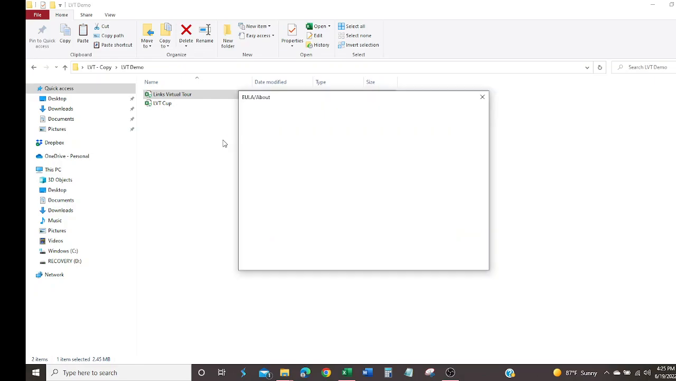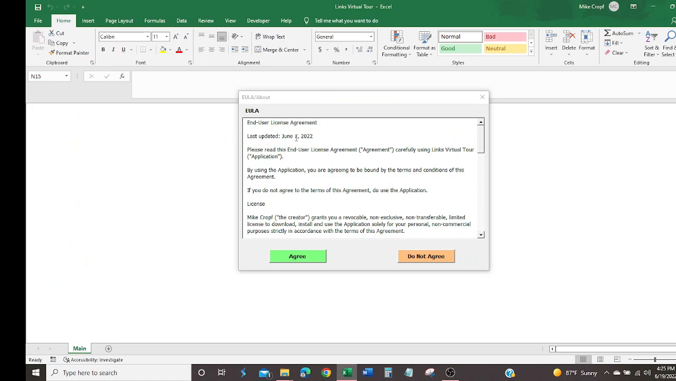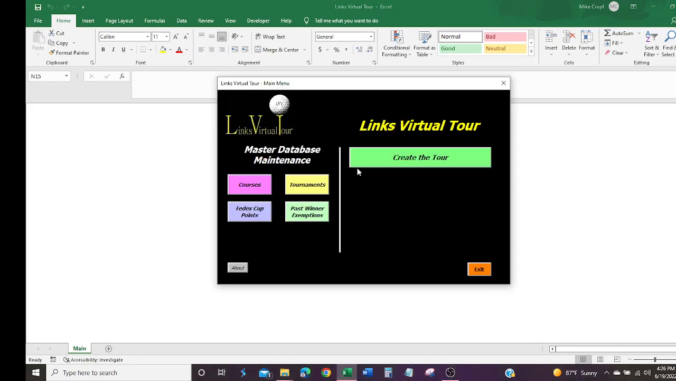So when Excel starts up, you'll get the end user license agreement. You have to agree to it or you won't be able to use the product. So we'll just go ahead and click on I agree, and then you'll get the splash screen or the main menu. So first we're going to talk about over here the master database maintenance and the various things you can